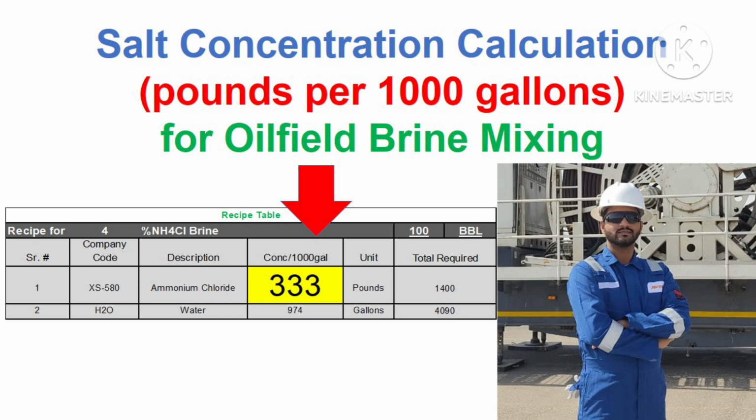With reference to our discussion about chemical mixing calculation, or you can say stimulation calculation, in this tutorial we will learn how to calculate the salt concentration for mixing the brine. When we say concentration, that is pounds per thousand gallon. In 1000 gallons, how many pounds of the required salt we have to add, we'll learn in this